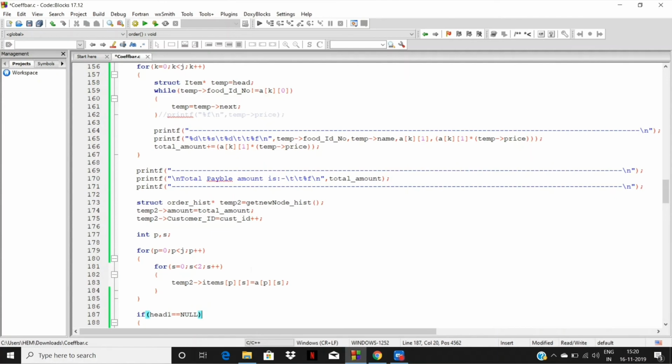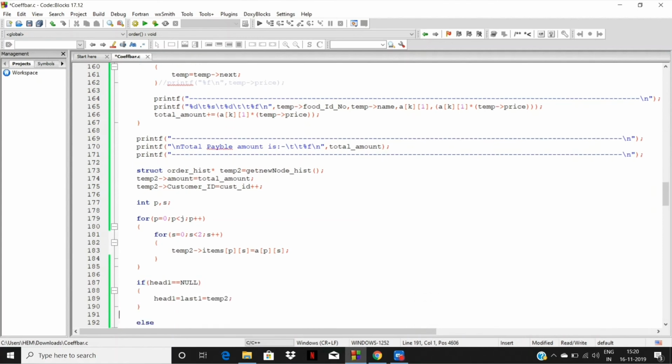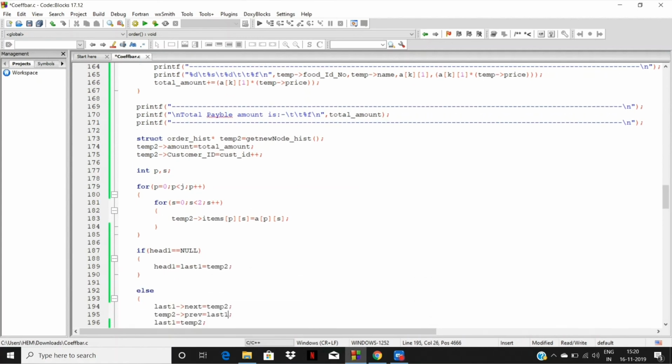We want to write the history of the order into the struct variable of order history. In that we have initialized temp2 amount equal to the total amount of the bill, and after that we initialize the customer id equal to cust id plus plus. Then in a for loop we initialize how many items he ordered, and we store them in the order history.